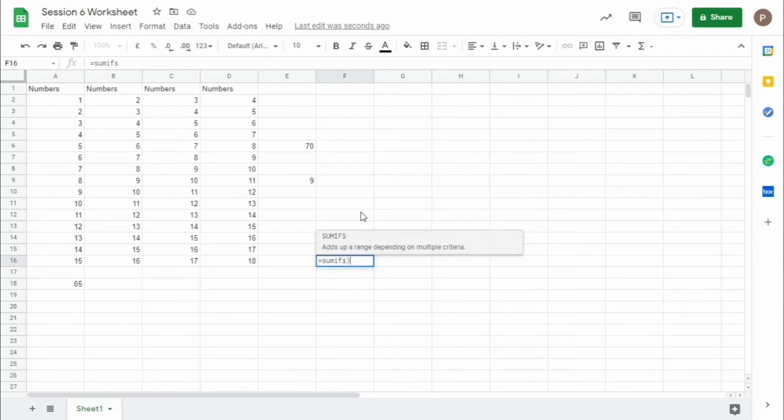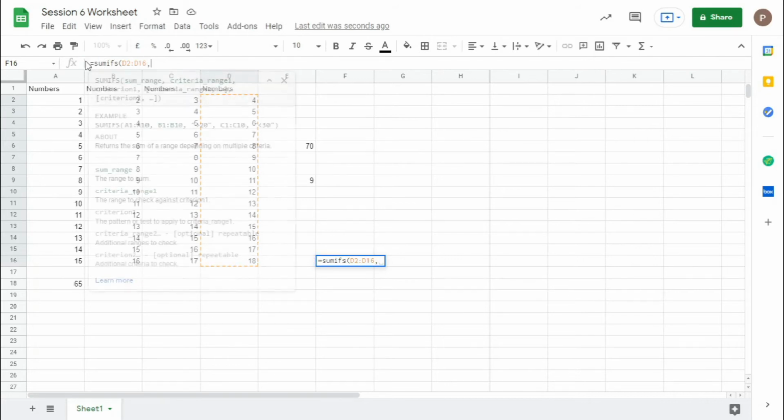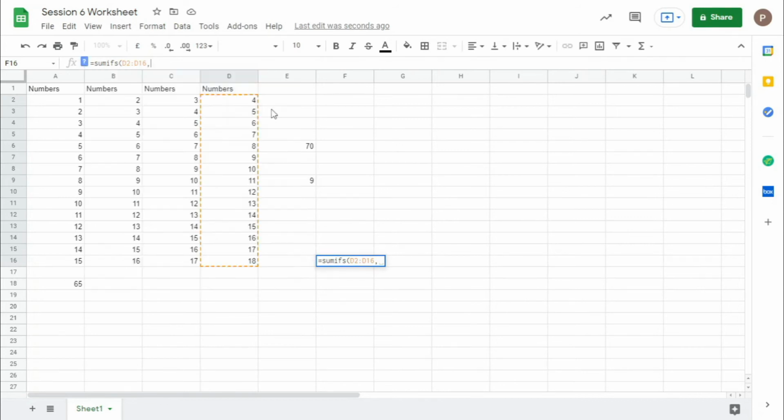Next, here is SUMIFS. First we have to check the sum range. Let's say this is the sum range. Next we have to take every criteria range and the criteria for it. If you have any doubt, click here, check. Next I'll select the criteria range here, comma, greater than 10.